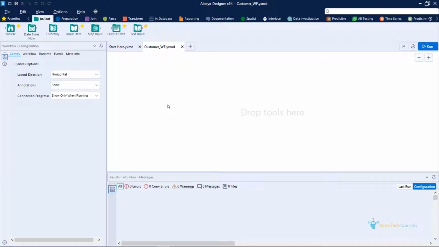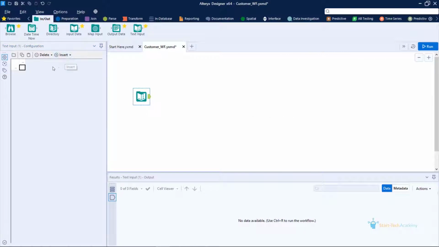Now let's start by adding the first tool which is used to input text manually. For that, the tool is text input and it is under the in-out category. Click on it, drag and drop it on the workflow window. On the left, you see the configuration window.